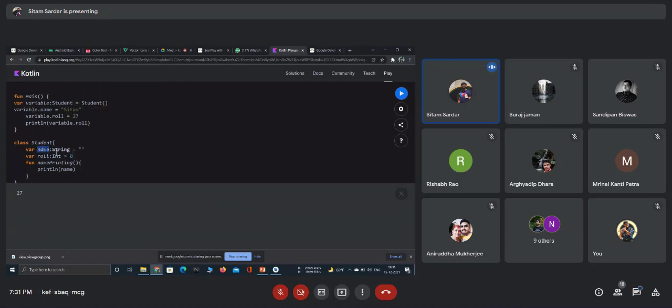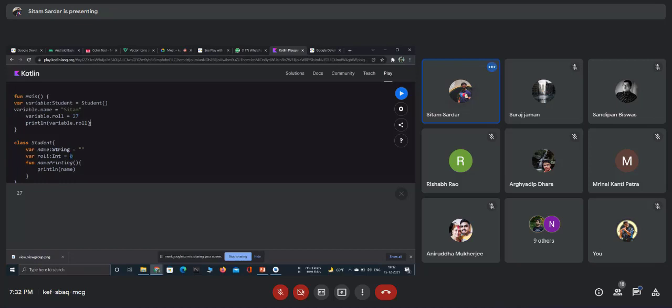Okay. So what are we doing here? We have created a variable of type student. Inside the student class, there are now three members: my two properties, which are name and role, and one function. Now with this dot syntax, we can access these three things: either name or role or the name printing function. If we access this name variable, then we can store a particular name there. If we access our role variable, then we store a particular integer type of data there.